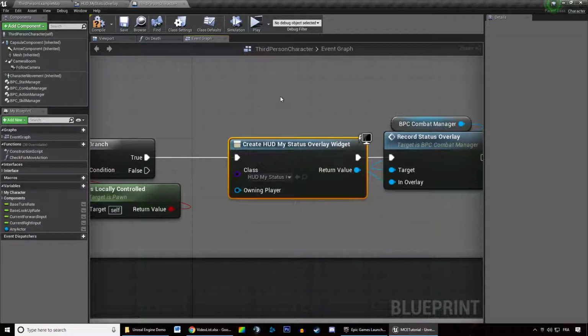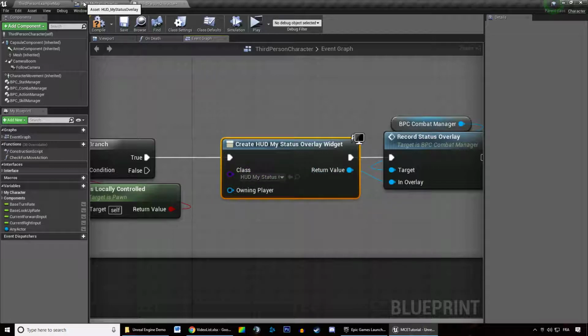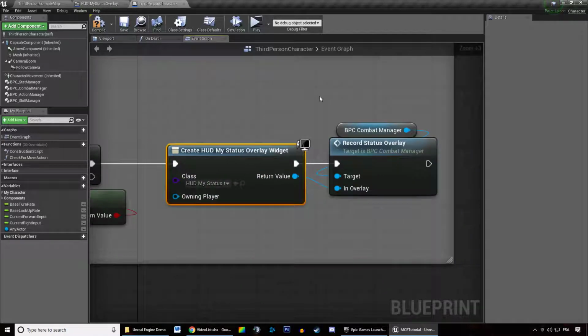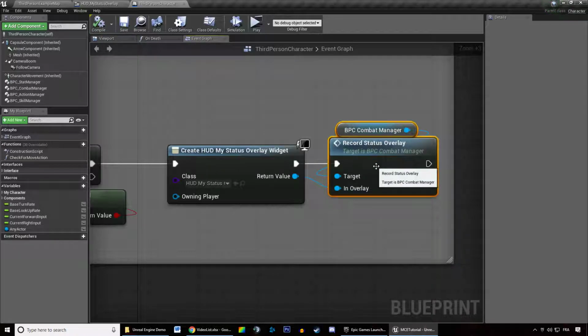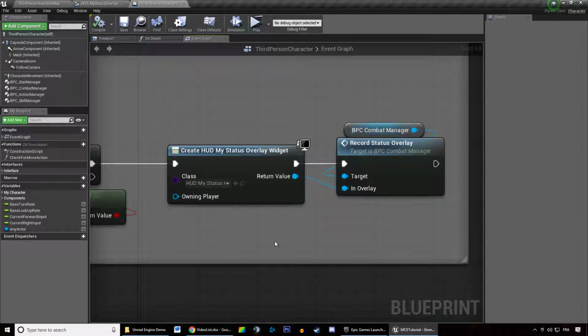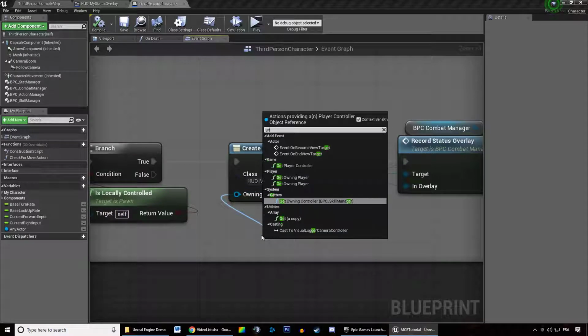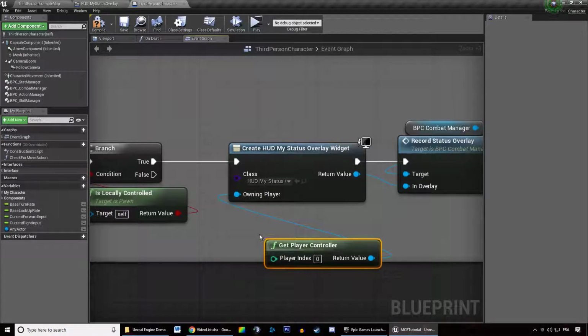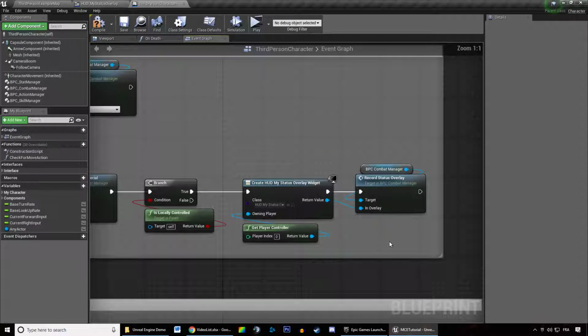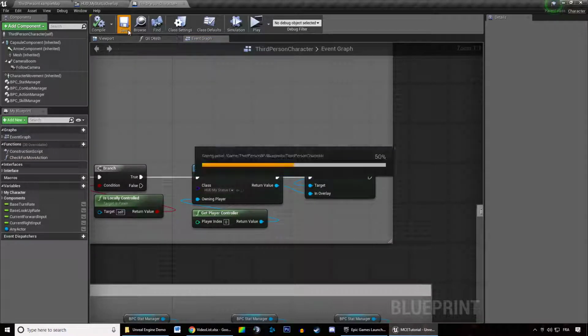So this is actually saying create the status overlay we just created, designed, and add it to our combat manager so it automatically updates it with all the statuses we are afflicted by. And we are going to specify that the owning player of that status overlay is going to be the first player controller, like this. We're going to hit compile, hit save,